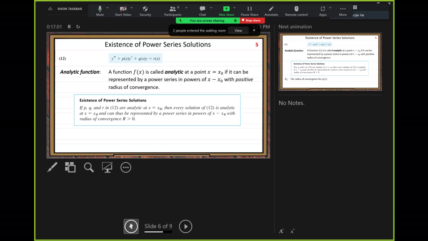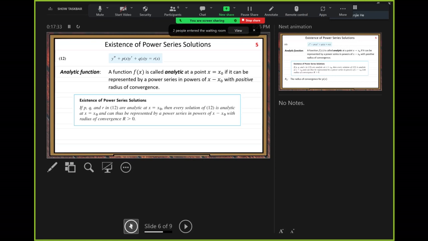Then every solution of equation 12 is analytic at this point and can thus be represented by a power series in powers of x minus x0 with radius of convergence R positive. That's the theorem, a simple theorem, pretty straightforward. The three coefficients,